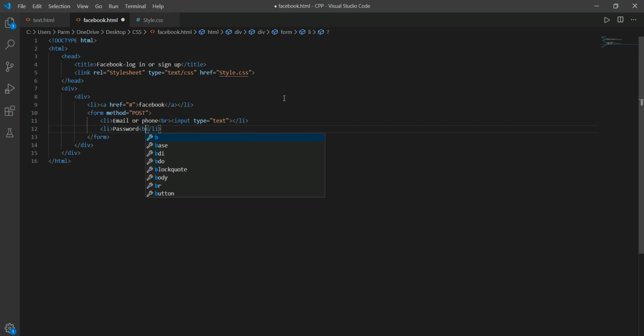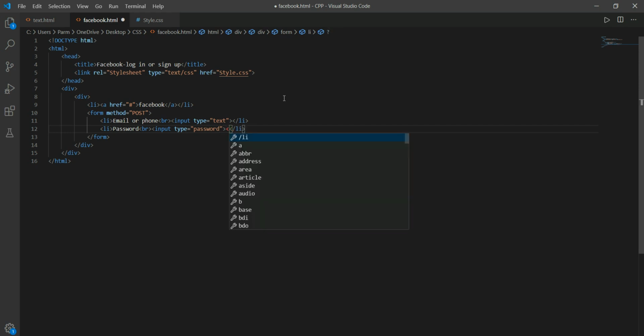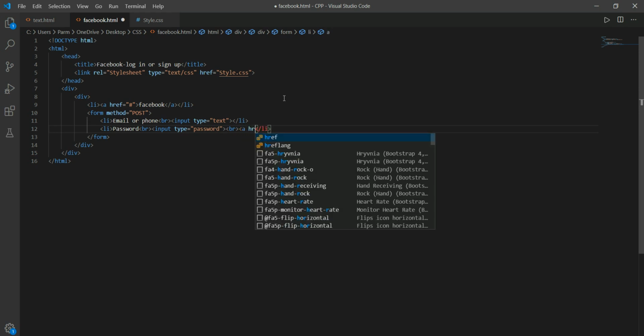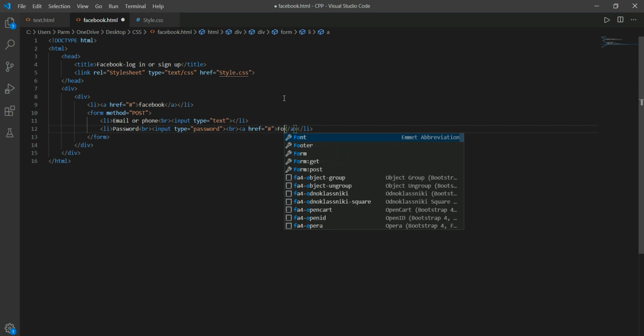Then we use a break. Then after this we use input, type, password. Then we use a break. Then we use the anchor element, href. We have to create a link. Now we are not giving a link to anything, so we write a hash, and here we write forgotten.